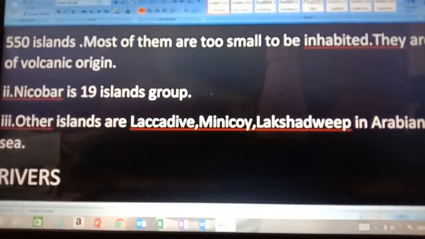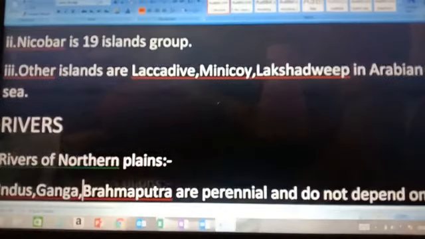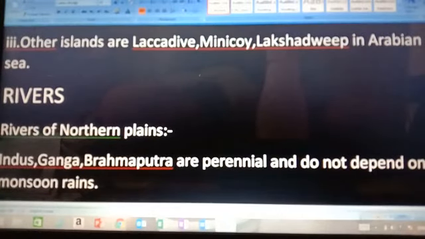Okay. Now, children, rivers. There are hundreds of rivers, large and small, of various length in India. They are great. What is the major importance of river? The major importance of river is it is a great source of water for irrigation, navigation, industrial and domestic purpose, and it is also utilized for hydroelectricity.